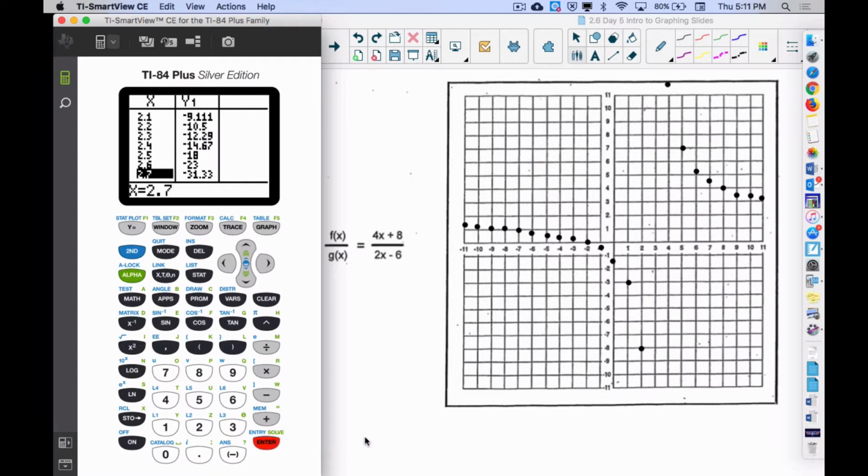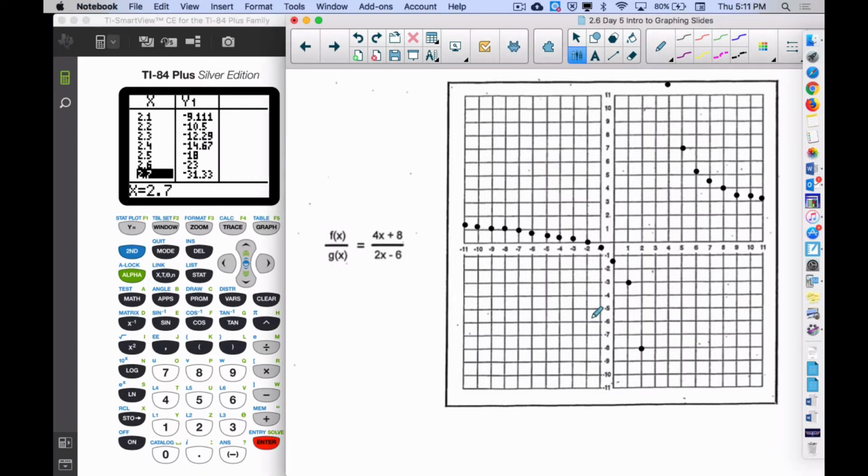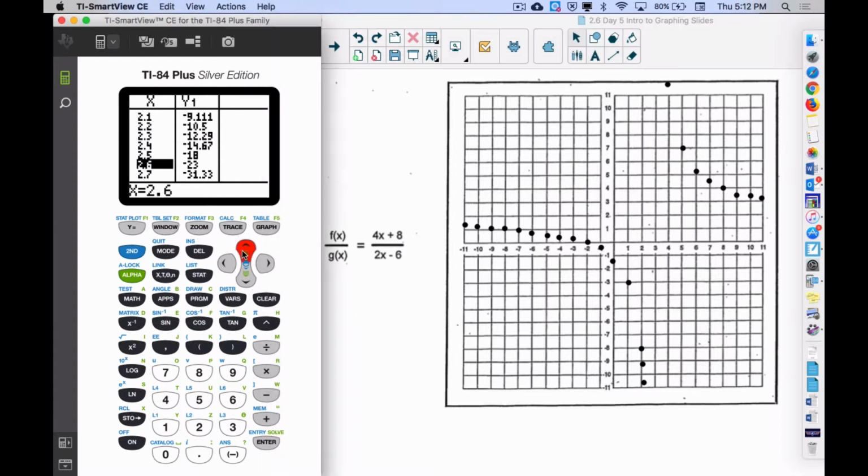You don't have to go once it goes off the graph, but I just wanted you to see how that works. So I'm going to plot 2.1. I'm already at negative 9, or a little lower than negative 9. By 2.2, I'm down to negative 10.5. So it gets fairly steep, and I want you to at least try to get a few tenths either way. On the other side,